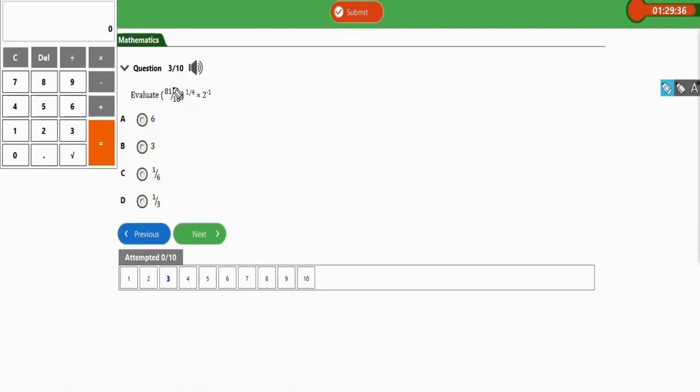So let's begin with a2 in bracket, it's 1 over 16 to the power 1 over 4. So this, we have 81 over 16 to the power 1 over 4. Now, as I explained before, the denominator here is 4 when it comes to this power. So this 4 is a root, this is the fourth root. So what this means is I'm going to have the fourth root of